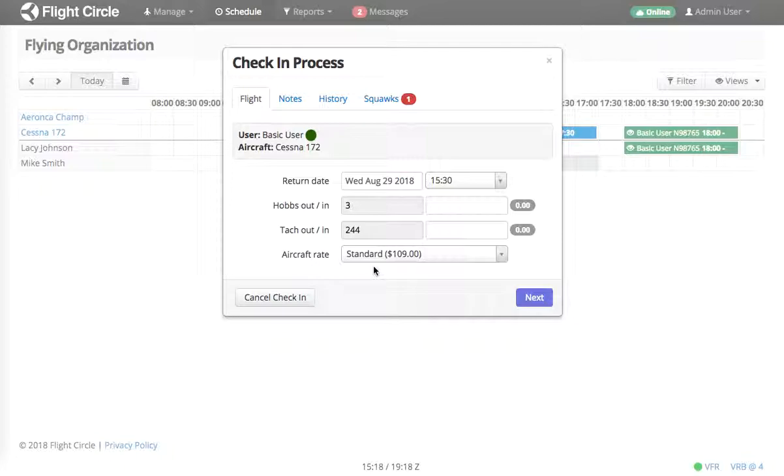If you only have 1 meter, you can select that in aircraft setup. So the default hourly rate will populate. You can set up other rates in aircraft setup. You can also set permissions and default rates by user groups. So right now I'm just going to leave this on the default and say we flew for 1 hour